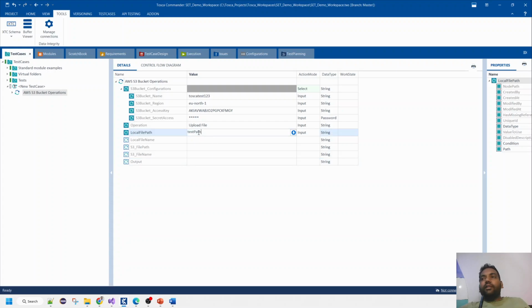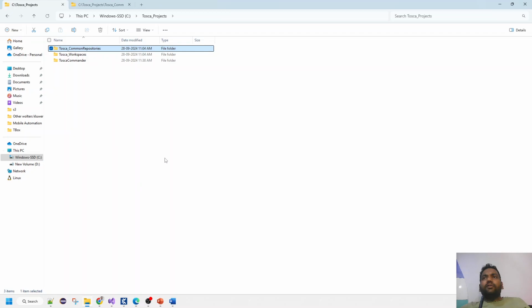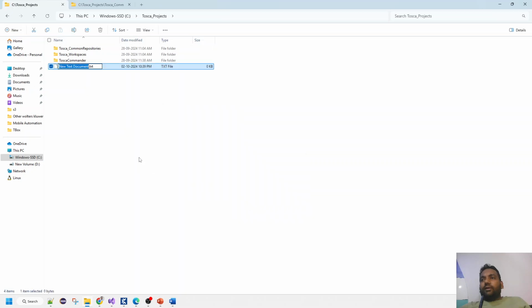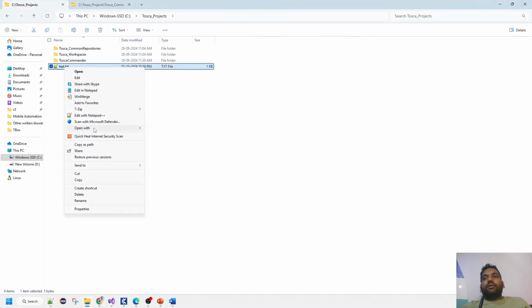Now for uploading the file, what I would be needing is local file path. Let me use my local file path, let's say as test project. Here itself I'm gonna create a new file. I'm just gonna say test.txt. It's a text file, and I'll just add some content to it. Let's say hello. Okay, saved it. Now this is the file that I'm gonna upload. I'm just gonna copy its path